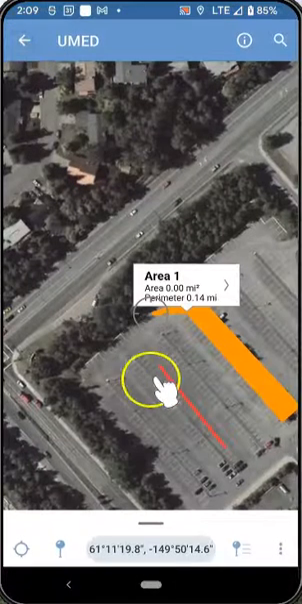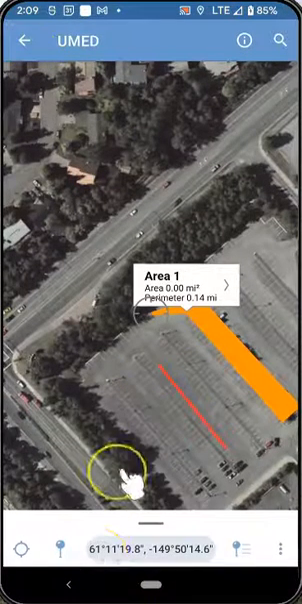So that's all for this week. Play around with this, get used to it. There's lots of help